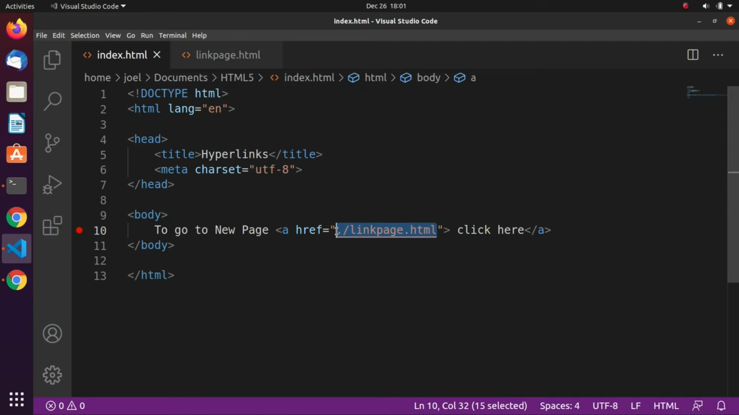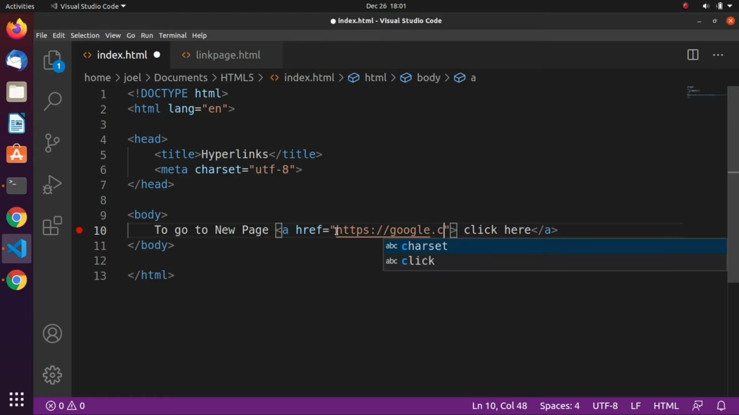So I can just put here https colon, something like this, google.com. Something like this is an example of